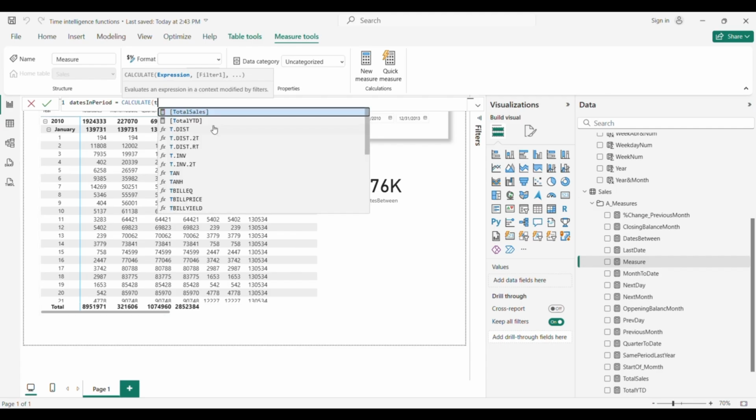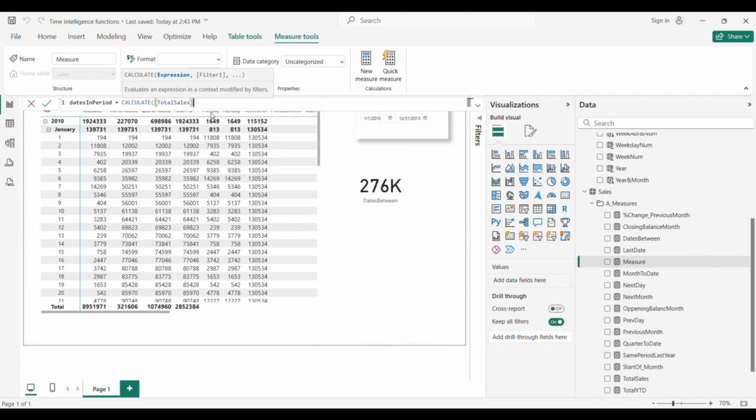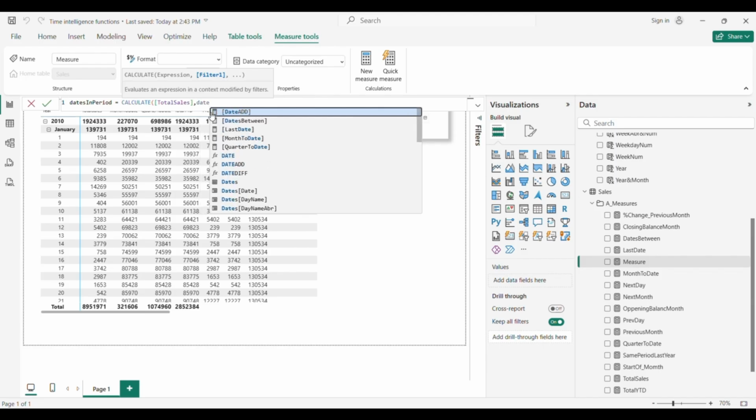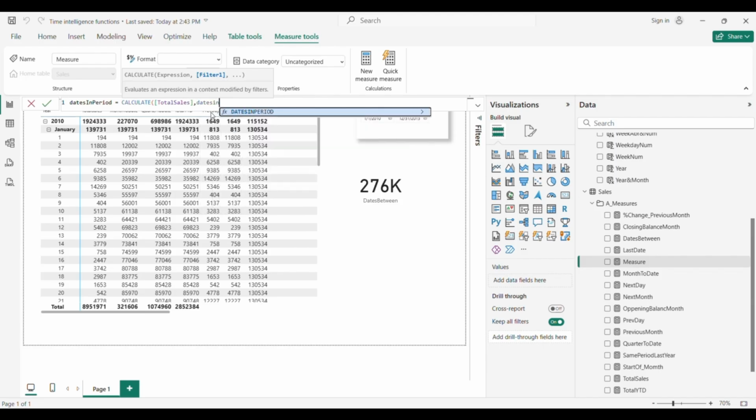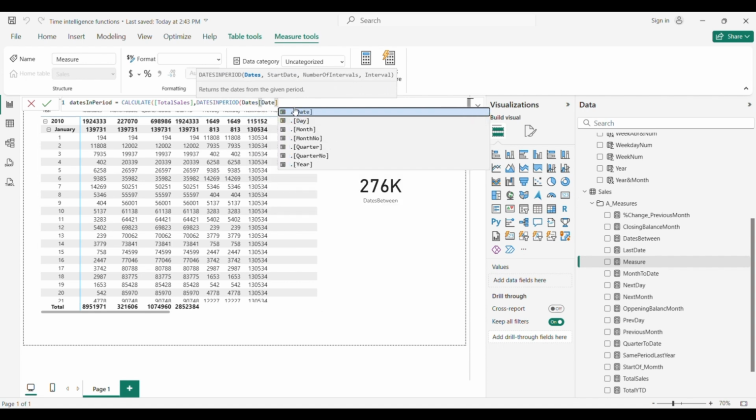And we will say total sales, and now we just add our function dates in period, which is here. So we need to leave also our dates table and column.